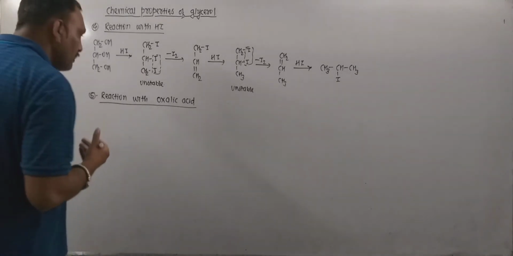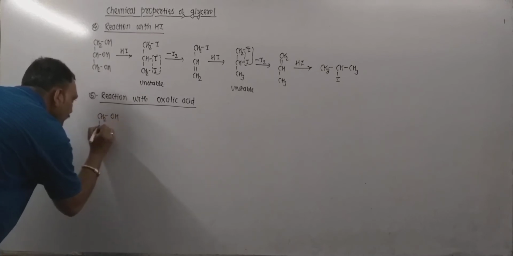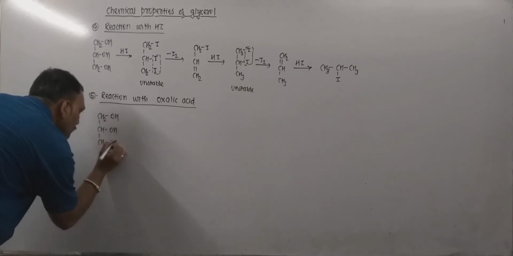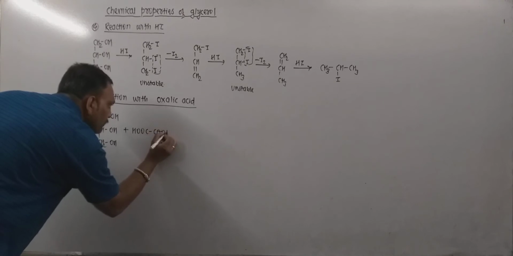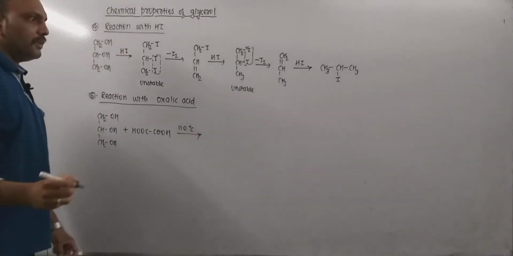So when we treat glycerol, that is trihydric alcohol, which can be given as this, with oxalic acid, written in this manner, at about 110 degrees Celsius,